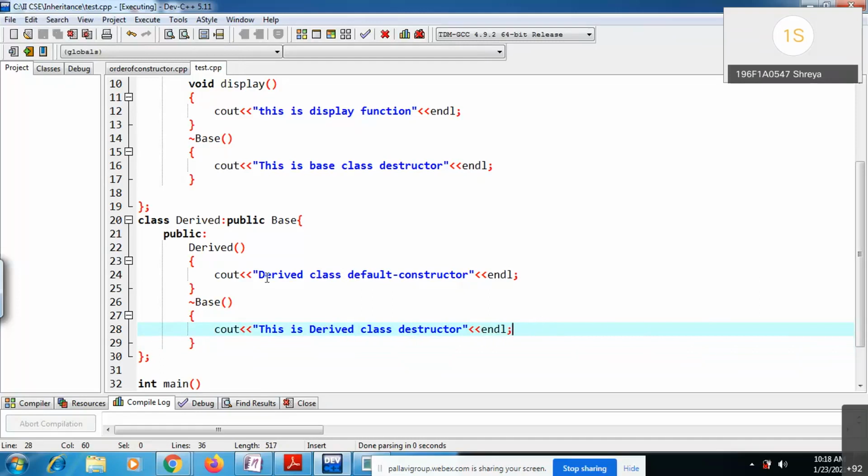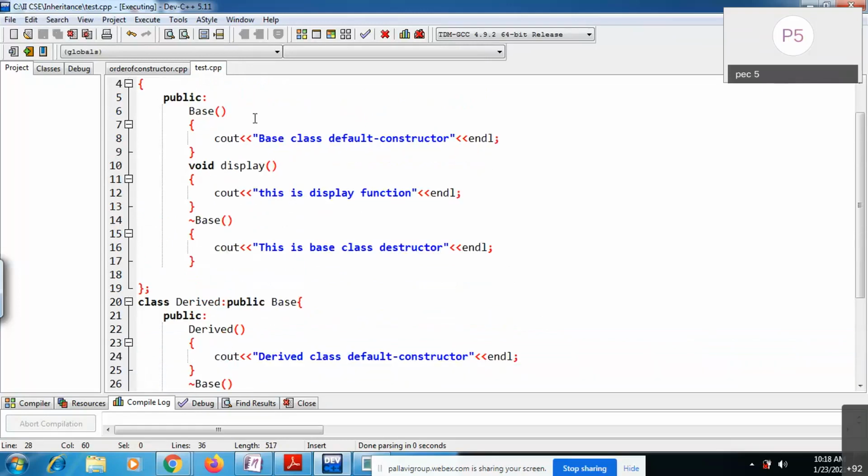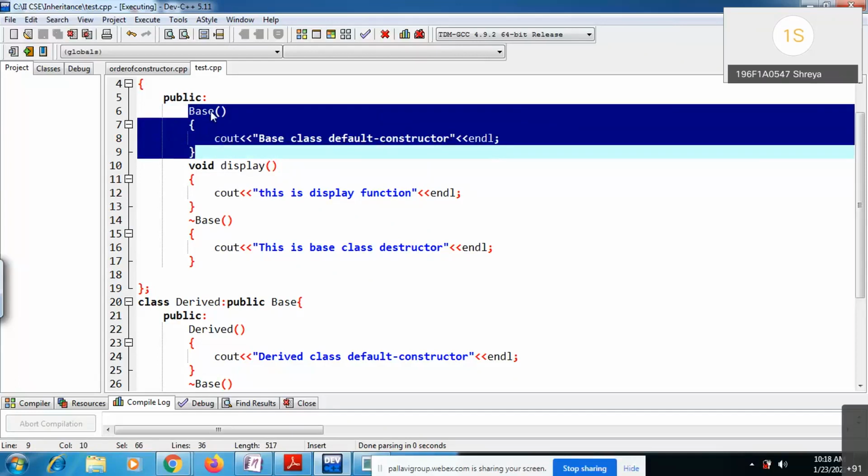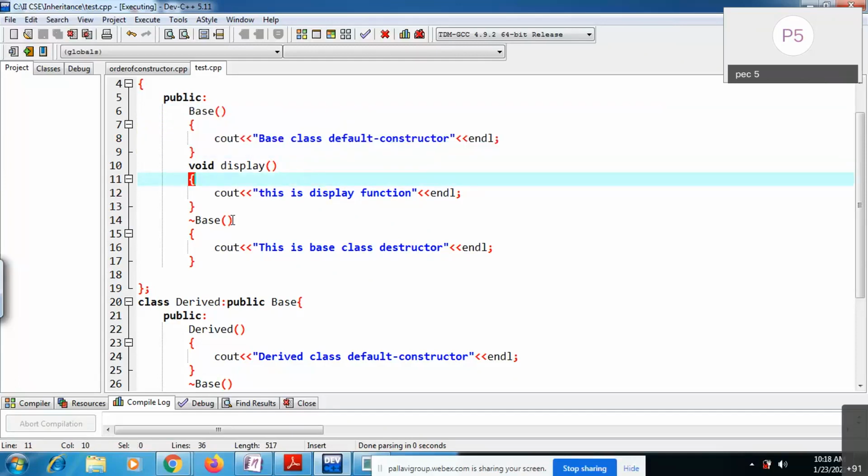See, what I'm asking: we write constructors inside a class. The use of writing constructors is to initialize your object. Yes, sir, you can write your constructor with the same name as the class. Some rules are there, right? The same way you can write a destructor also, with a small difference. A destructor is one special kind of function, and the destructor name should be the same as the class name.